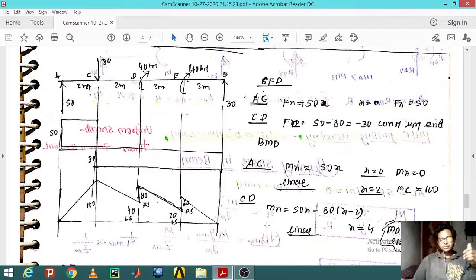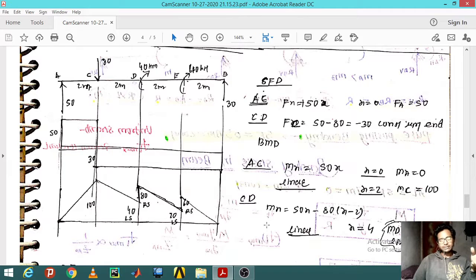And why is it so? Because you have to calculate from left to right. So it is 50 minus 80, which remains minus 30. So the moment the magnitude has a negative sign, the shear force is below that neutral line, so vertically it is going to be a downstep.